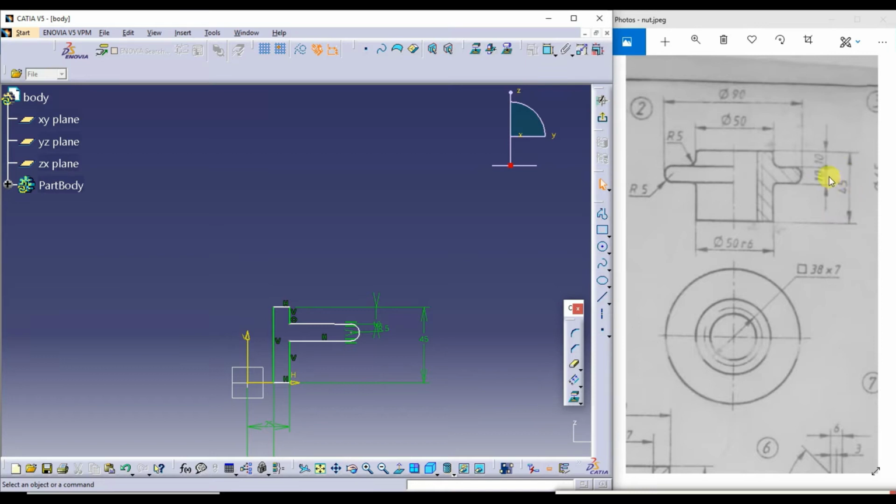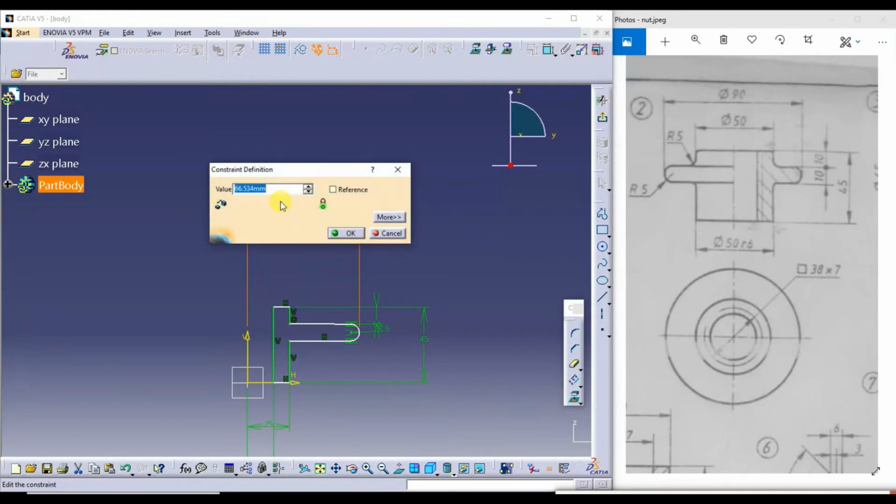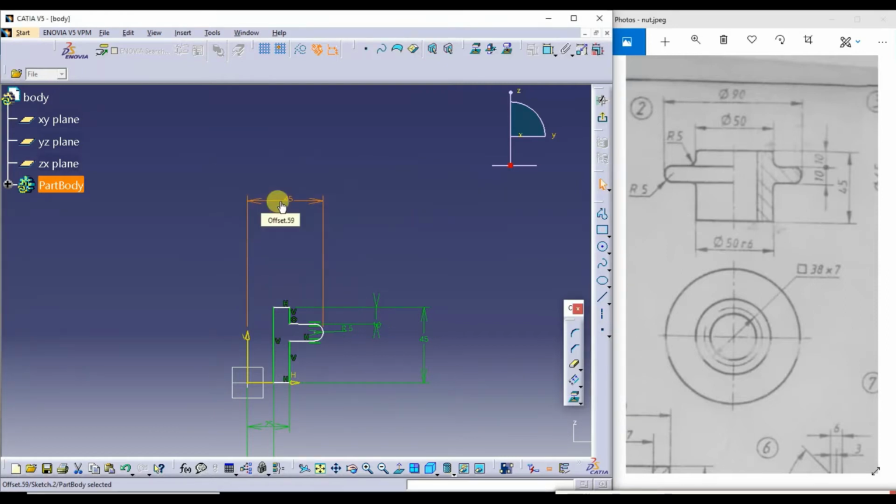So I given this dimension, and this dimension, and this is also done. So next one is this dimension. So from here to here it is half of 90. Half of 90 is 45.